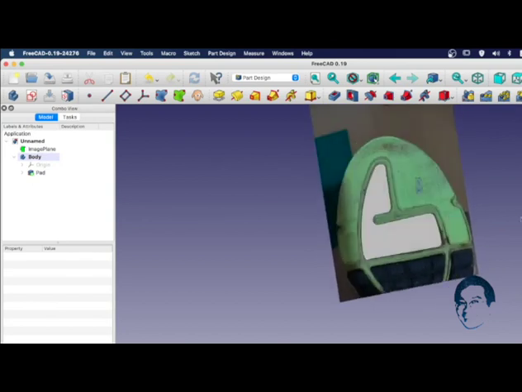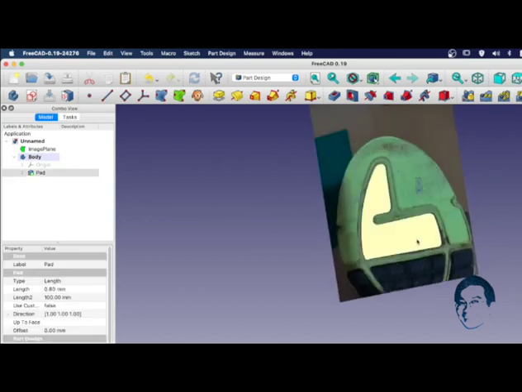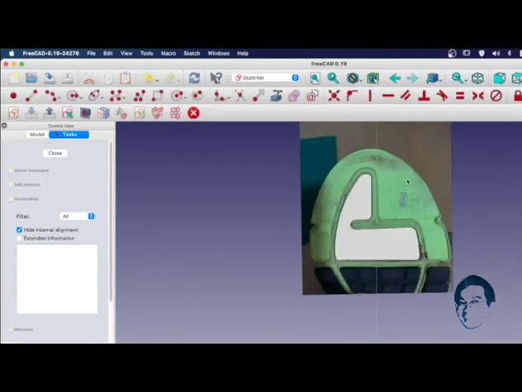Alright, the next one we're going to do is to create the additional protruding pad on this outsole. Click the surface, new sketch. So now we can start drawing the additional padding on it. Alright, so let's use the rectangle tool.